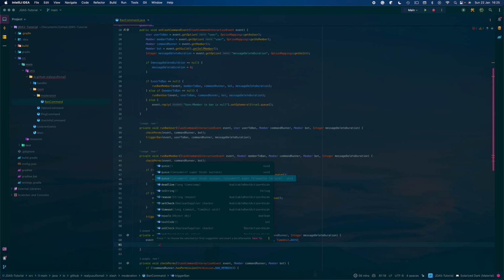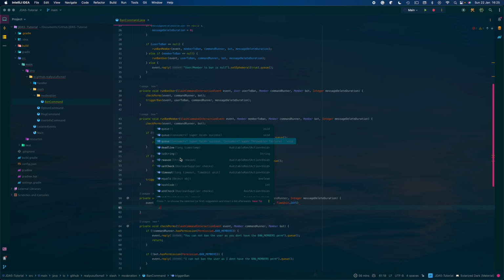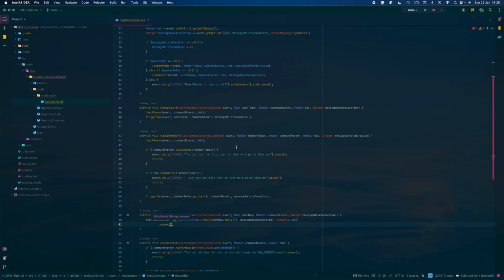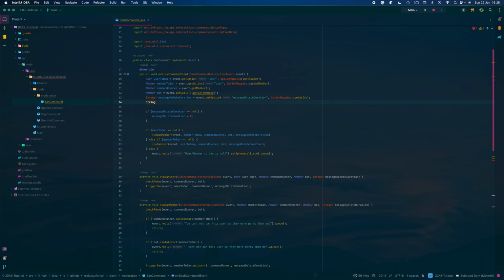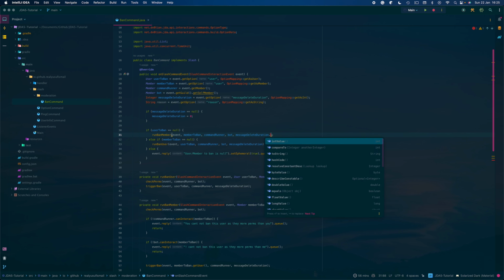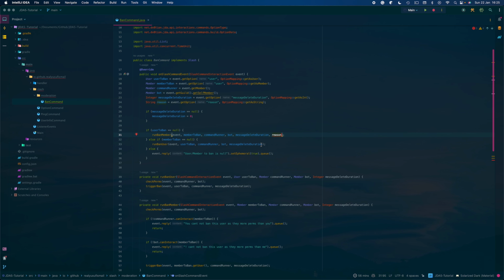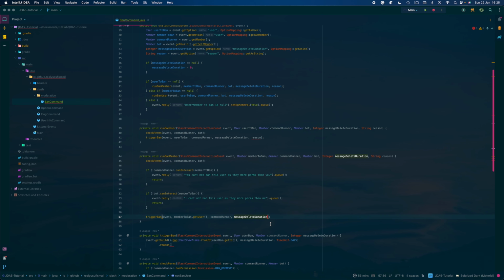Now before we queue it, I'm gonna do a quick thing, add the reason. So reason, string, reason. So we're gonna also add that reason, add string, reason. Yeah. So now that should work,